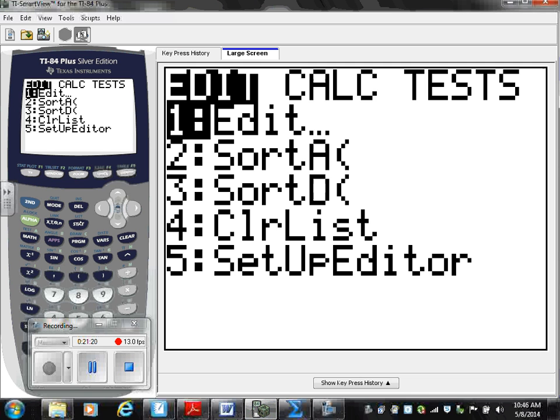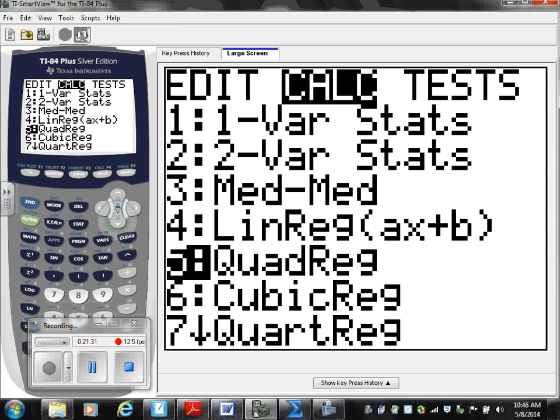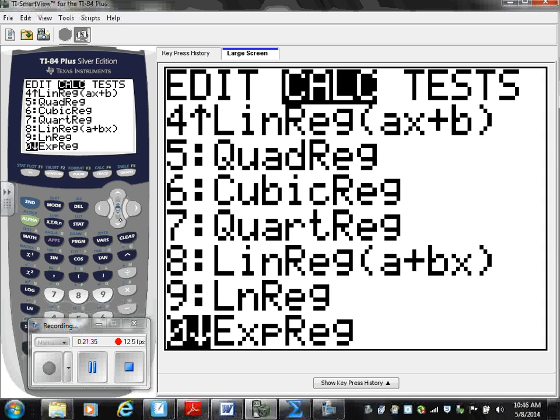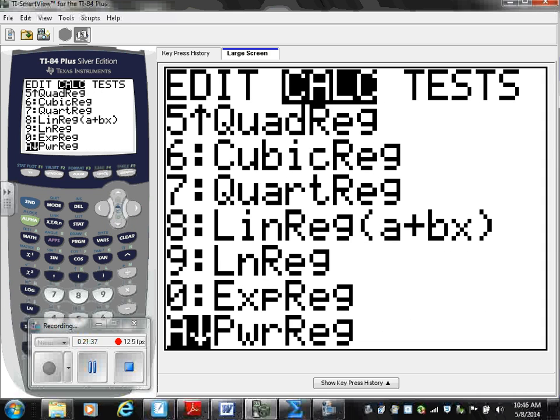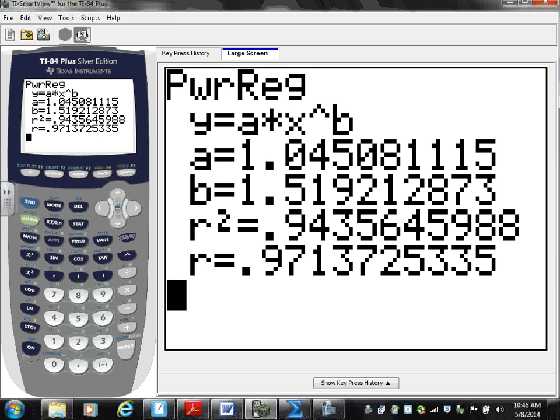And instead of going down to exponential regression, guess which one we're going to choose for our power function? Somewhere down there should be, you got it, power regression, right? PwrReg. There it is. So I can go ahead and hit enter here, and I'm going to hit enter again. And again, it's going to give me my A value, my B value, and if you have your diagnostics turned on, again, if not, I'll show you this in class tomorrow, it's going to give you your R squared